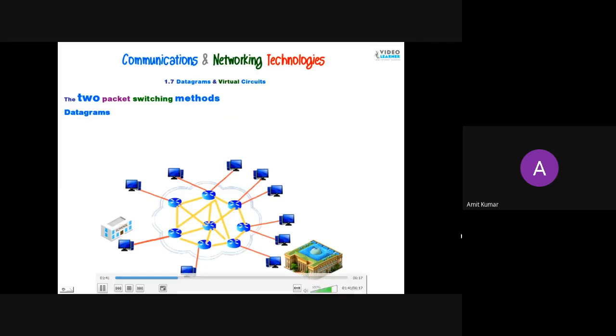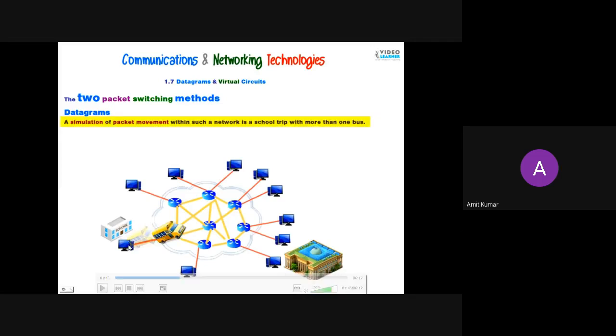So the fastest route will be followed. If you take the example of a bus, say we are having a school trip with different routes, and they have to reach this destination. For this picnic point, or any point, there are various buses which have to reach it. How are they going to route? You can see in the animation.